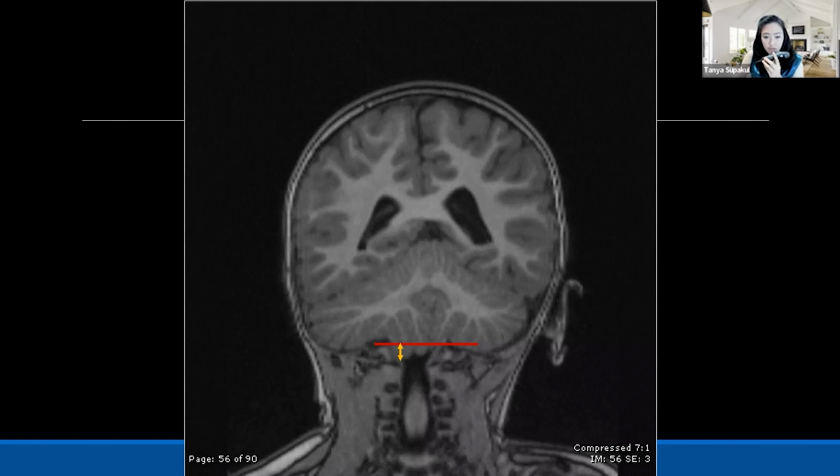And you can confirm that finding on the sagittal image and on the coronal images, where you can see low lying of the right cerebellar tonsil more than the left cerebellar tonsil. So look at this patient. This is a patient who came with a headache. You draw the line. The first thing that you can see here is a peg-like appearance with low lying of the cerebellar tonsils, causing mass effect and obstruction at the craniocervical junction.